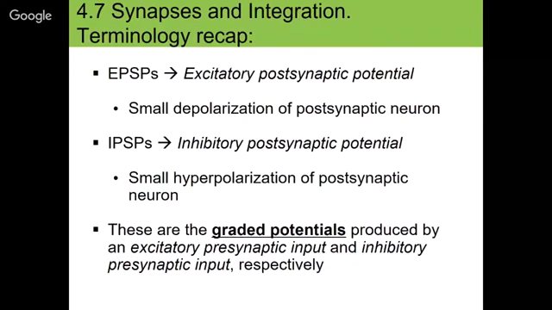So just to finish off the lecture by looking at synapses and integration, and how do we integrate all these different synapses that are happening in the body. I just want to recap on the terminology quickly. So remember that EPSPs, from the neuron to neuron connections we did in the previous lecture, stand for excitatory postsynaptic potential. And what these are is basically a small depolarization